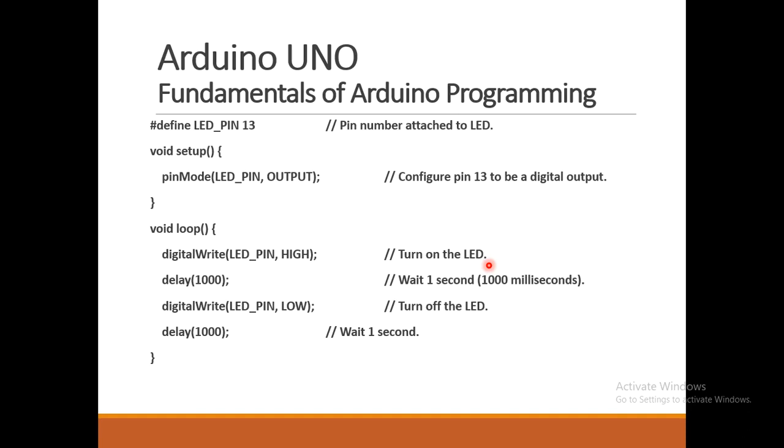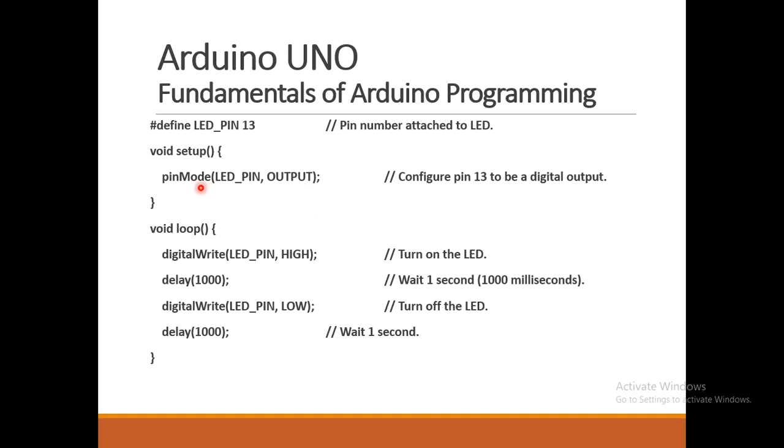In the setup function, we are using the predefined function called pinMode. There are two parameters we need to pass: the pin number, followed by whether it's input or output. As you know, pin number 13 is the LED and it is going to be an output, because blinking is always an output.